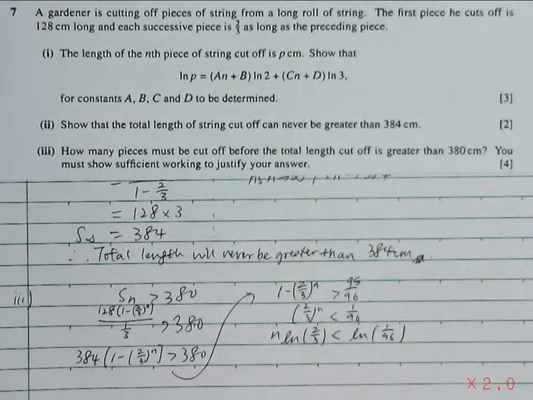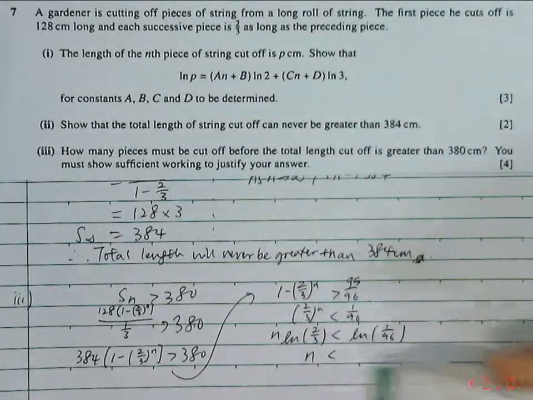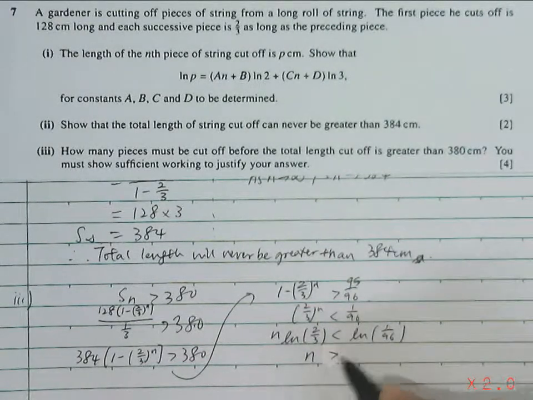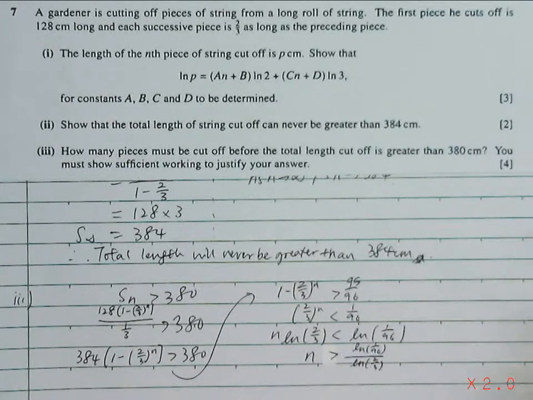Now we can make n the subject, but note that ln 2/3 is a negative number, because if the number after ln is between 0 and 1, then the ln value will be negative. So we have to switch this sign, and we will have ln 1 over 96 divided by ln 2/3. So n must be greater than